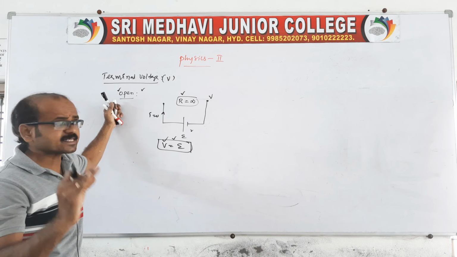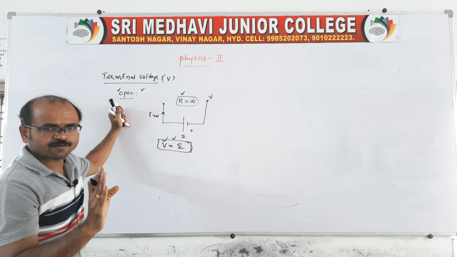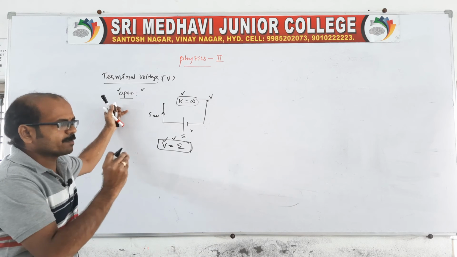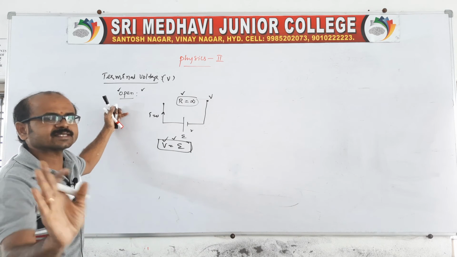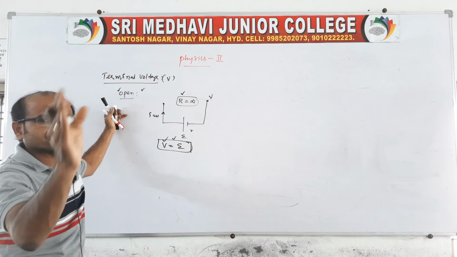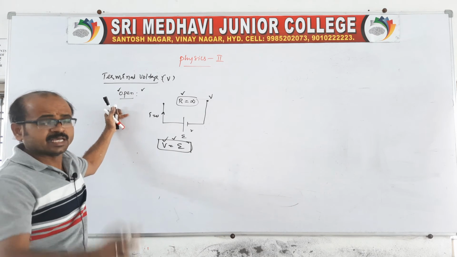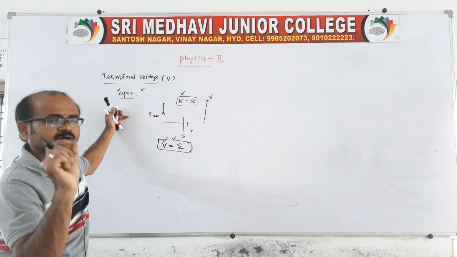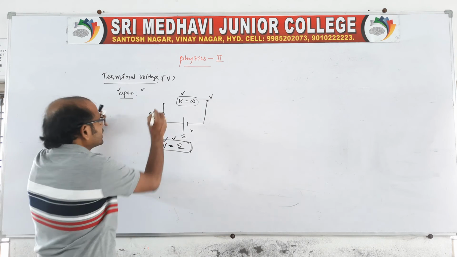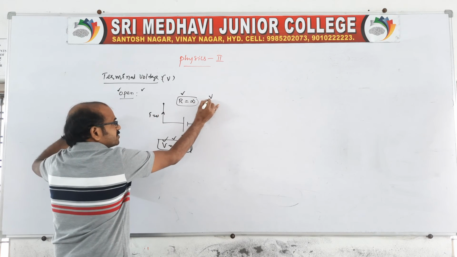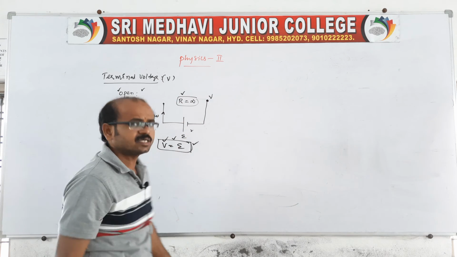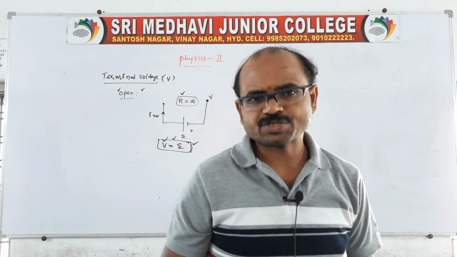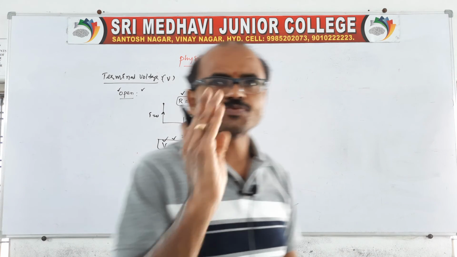Is it okay? This is about the terminal voltage as well as the EMF in an open circuit. Open in the sense that there will be no current flow through the circuit. If there is no current flow, we call such a circuit an open circuit. In such a circuit, the EMF of a battery is equal to the voltage, or potential difference between the ends of the terminals, which we call the terminal voltage. This is the situation related to open circuits.